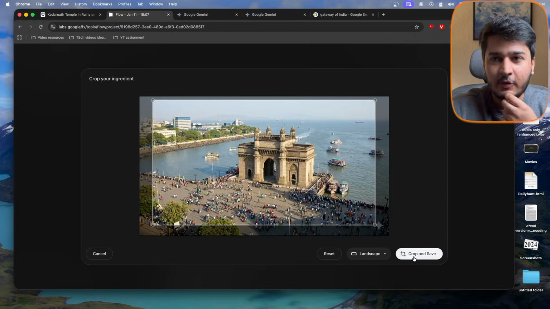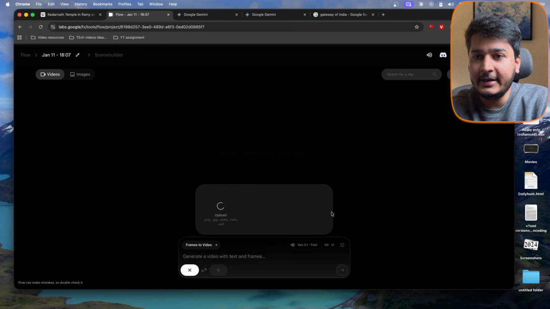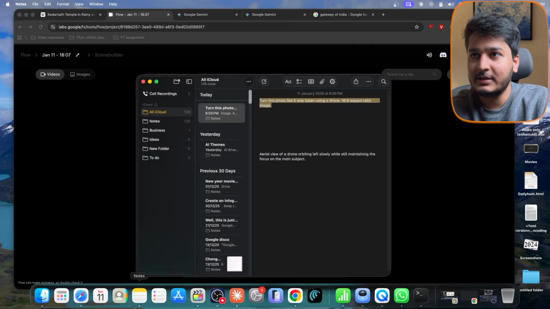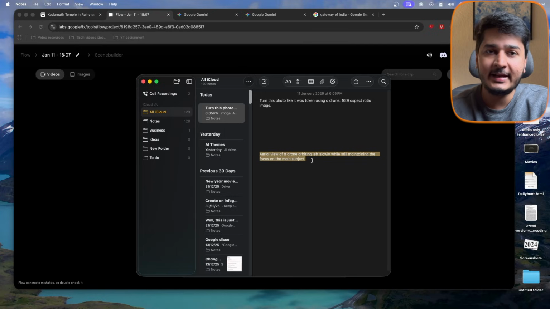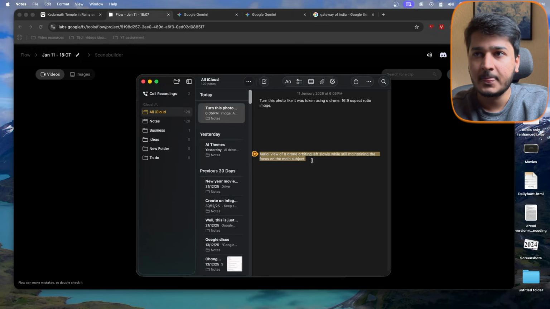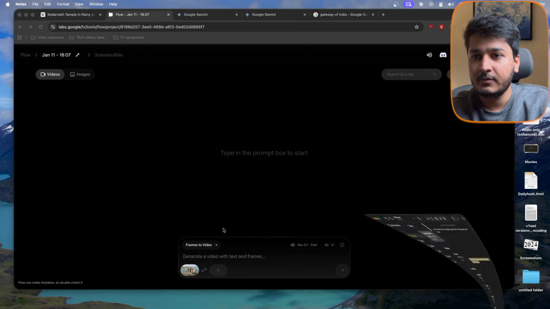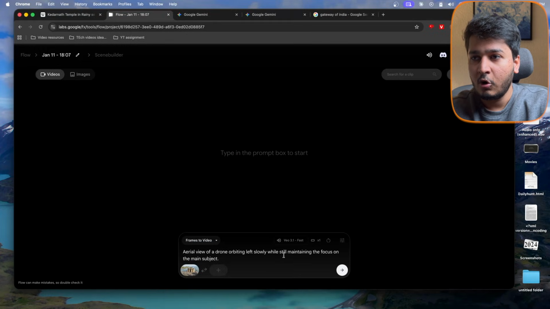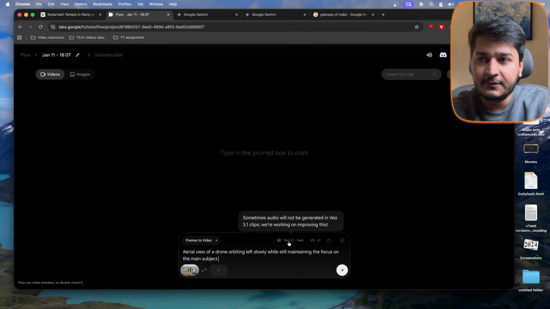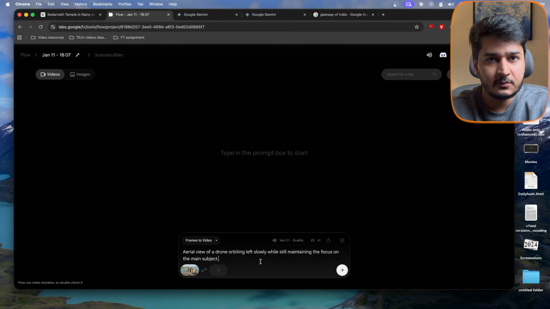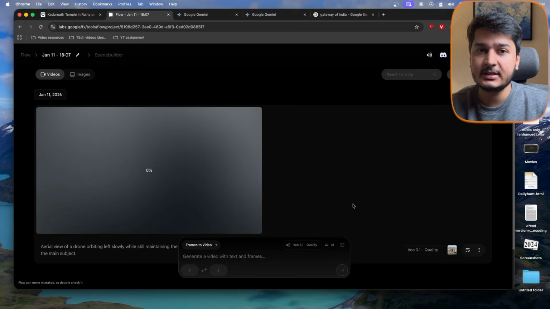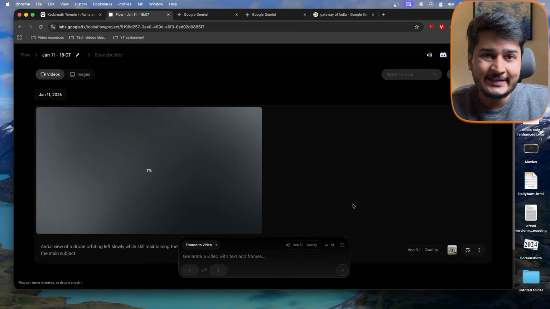Crop and save. Once it's done, I need to add in my another prompt which says that it needs to generate an aerial view of a drone orbiting left side slowly while still maintaining the focus on the main subject. I'm going to copy this prompt, paste it. Also over here you see the model selected is VEO 3.1 fast. I'm going to change it to VEO 3.1 quality. It gives us much better quality. And hit on send. This usually takes around 2 to 3 minutes and then it will generate a 8-second clip